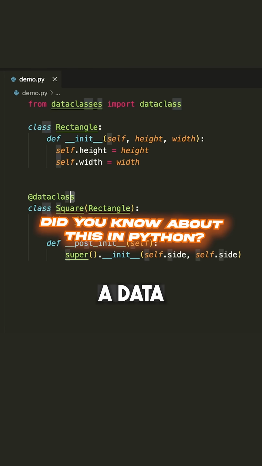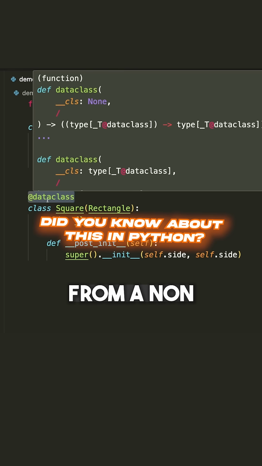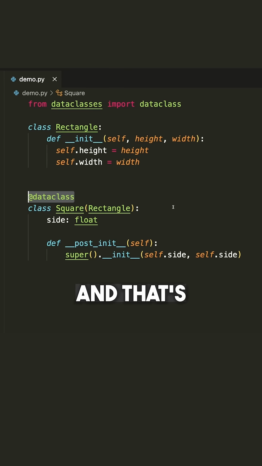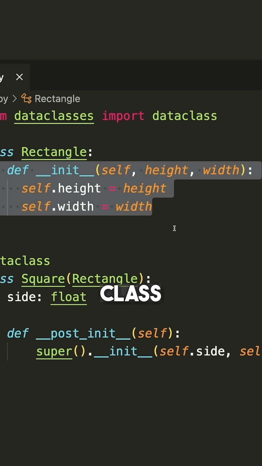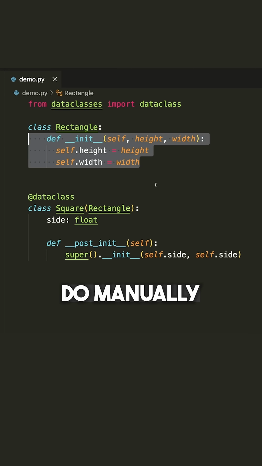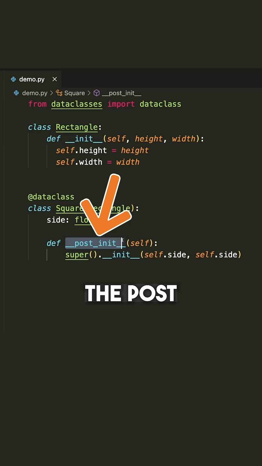Now in this example, we have a data class that is inheriting from a non-data class. Now when that's the case, the initialization that's written by default from the data class decorator is not going to call the initialization of the base class. So this is something that we need to do manually, and we can implement that by writing the post init